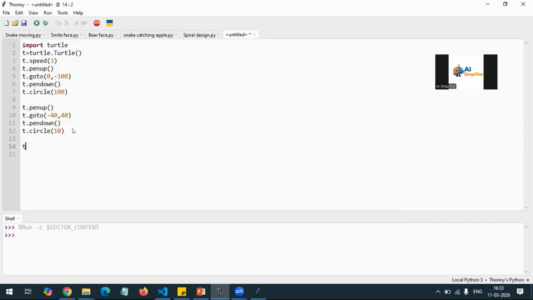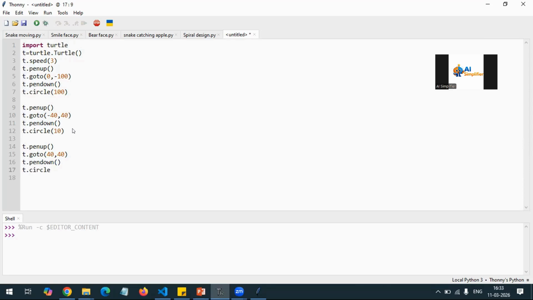Now next, you will create the right eye. So you will just write T dot pen up. Then you will go to this position, that is 40, 40. This is the right eye position. Then you will put your pen in the down position because you want to touch your paper for drawing, and then you will draw your circle.